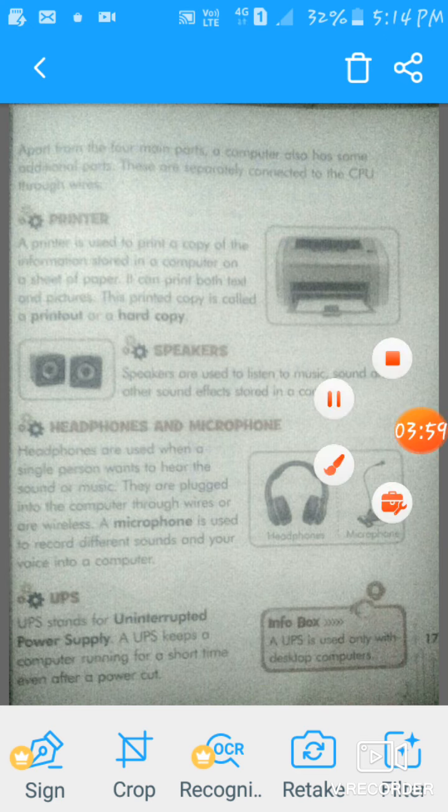Keyboard. A keyboard has many buttons on it called keys. A standard keyboard has 104 keys. Pressing these keys helps us to enter words and numbers on a computer. Mouse. A mouse helps us to point, move and select an object on the monitor. A computer mouse has two buttons and a scroll wheel.